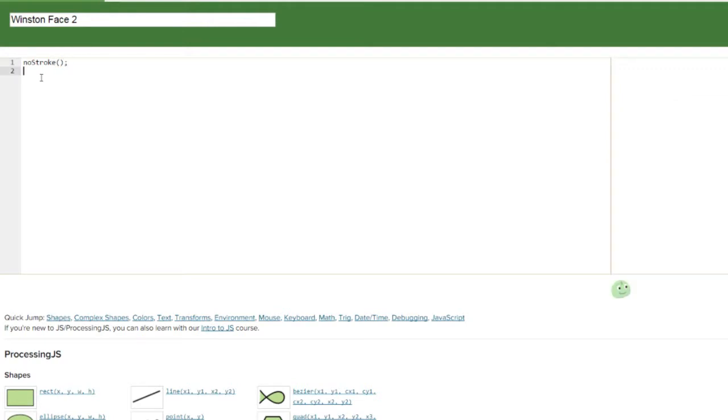Okay. And then this space is empty, so you want to draw an ellipse. I hope you're following along with me. If you are, you want to put ellipse 200, 200, 300, and 350. That'll give you the exact middle coordinates. And once you have done that,